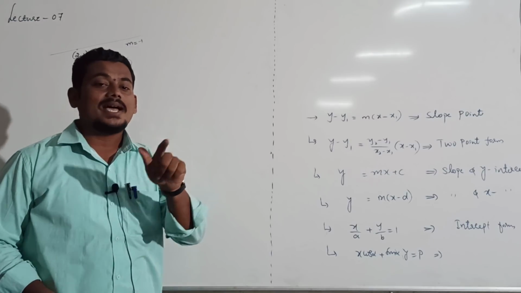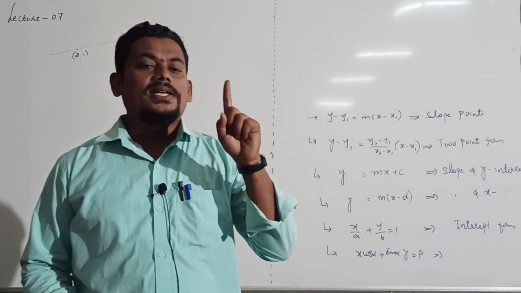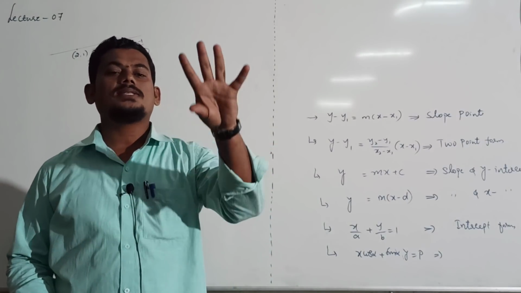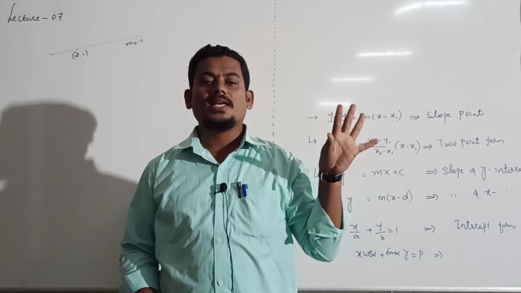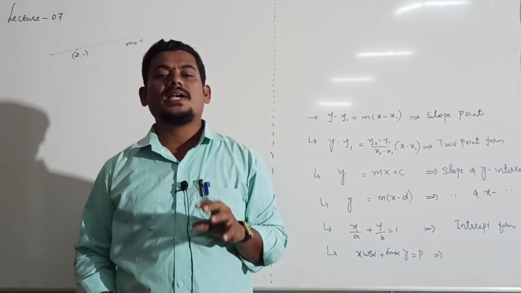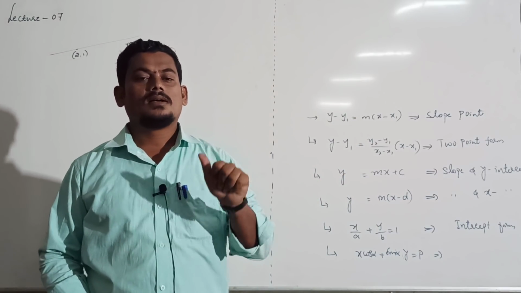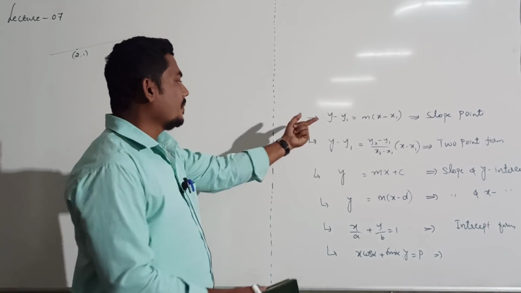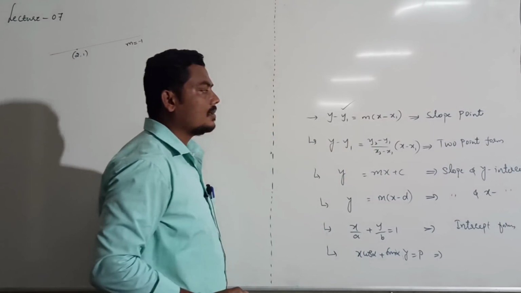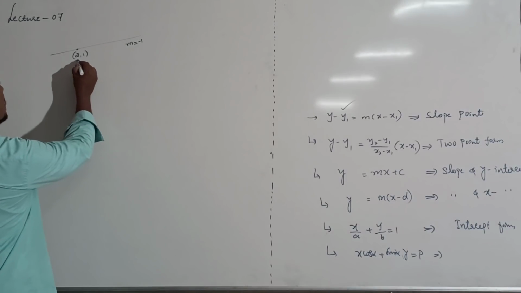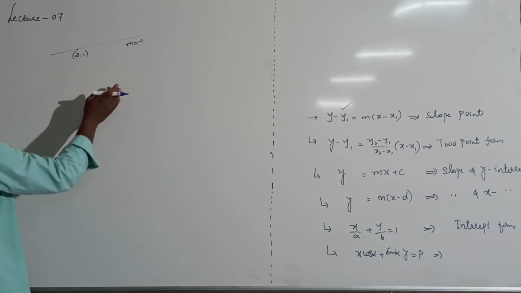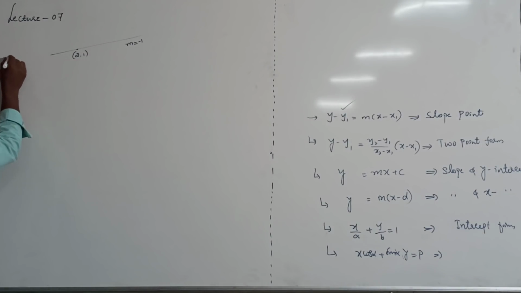In this problem, what they have given? Find the equation of the line, right? Find the equation of the line means there are 5 possibilities. In that, which possibility is applicable for this problem? 1 point and slope is given means clearly slope point formula. 1 point, this is x1 y1 and its slope small m is minus 1 means use slope point formula, right?